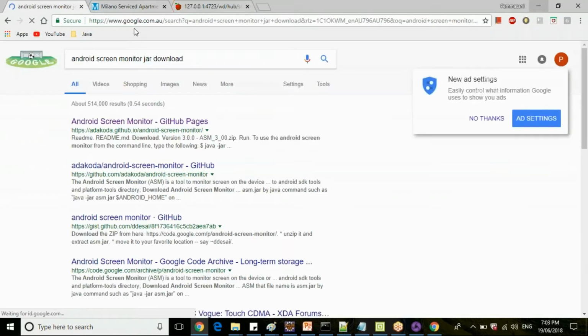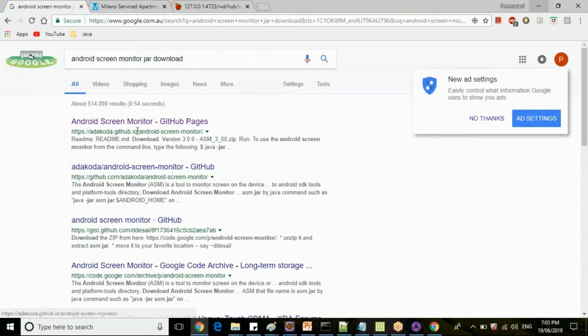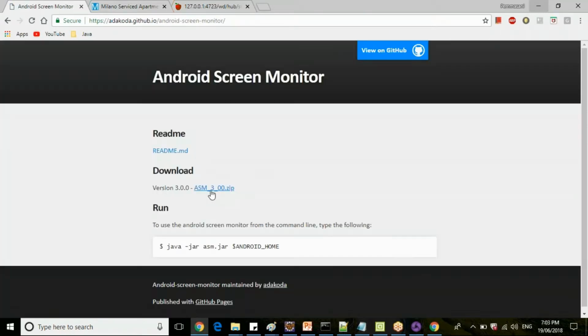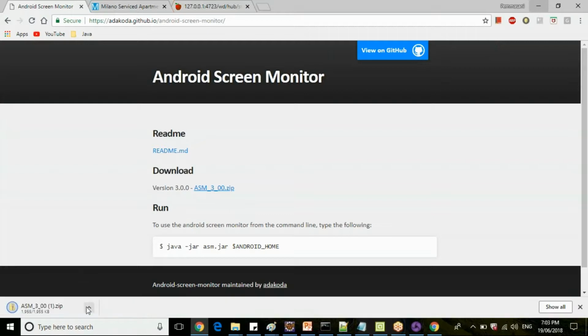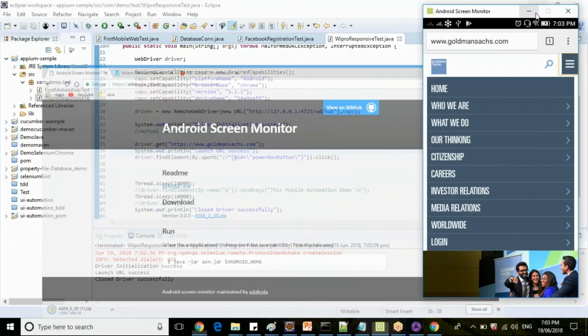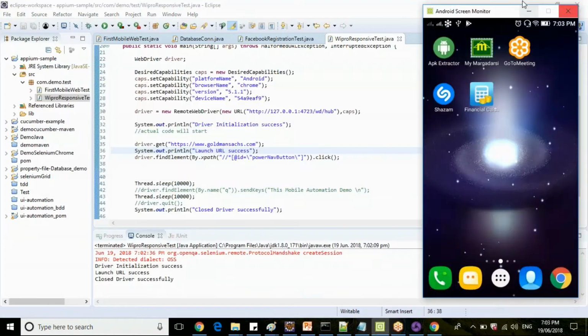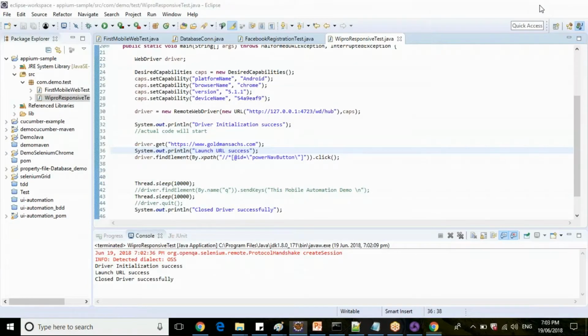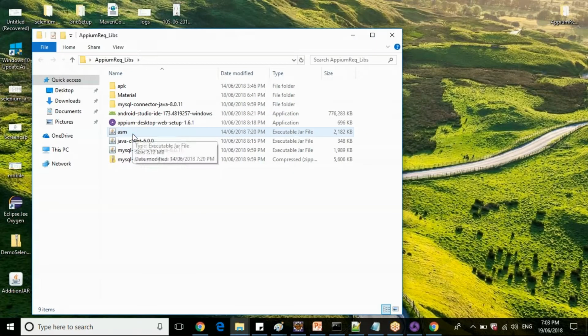Okay, so go to this GitHub link. You can download the jar file here. So this is the version of jar file. This jar file will allow you unzip this one, and let me close this one, this mobile device. So I have this ASM jar file unzipped here.